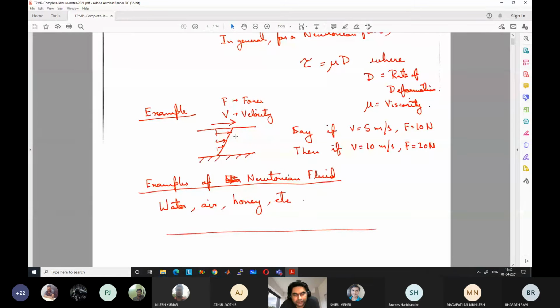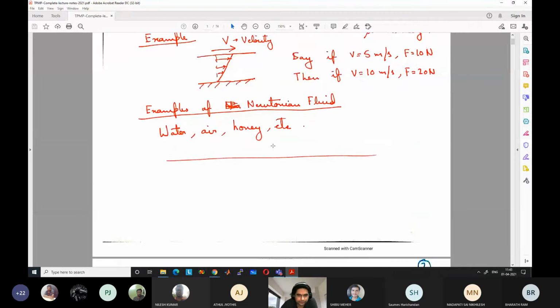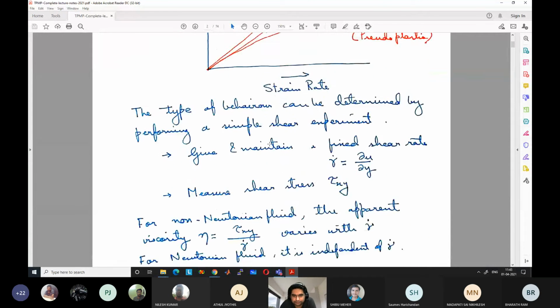The plate will not move, but stress will be developed like in a solid object. If you apply force on a solid object, stresses are developed, right? It is trying to deform, but the solid object does not flow. But for this fluid, what will happen? After a certain critical shear stress, it will start flowing like a fluid, and then you will see a similar type of behavior. Okay, so this is Bingham plastic.